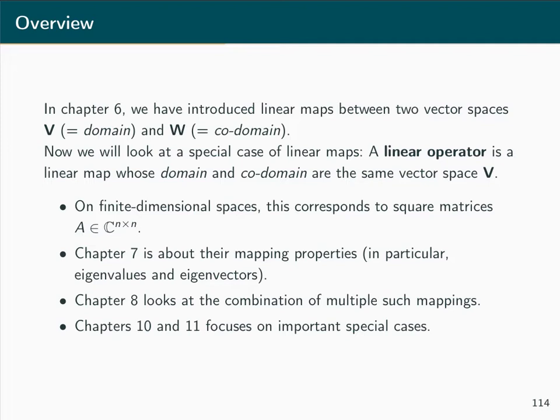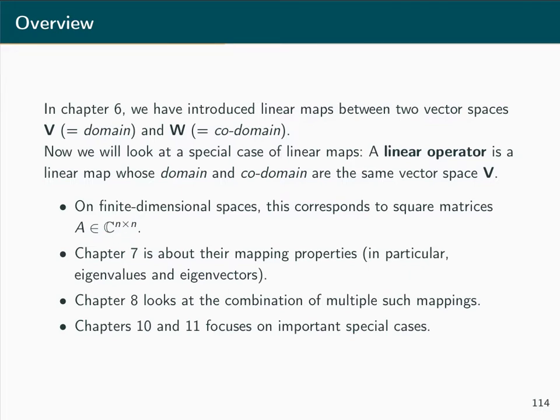Starting with this chapter, chapter 7, we will look at a special type of linear maps, namely maps whose domain and codomain is the same vector space V. And this special type of map will be referred to as a linear operator. So for the linear operator, the domain and the codomain are both the same vector space V. As we know by now, on finite dimensional spaces, this corresponds to the set of square matrices, so matrices in